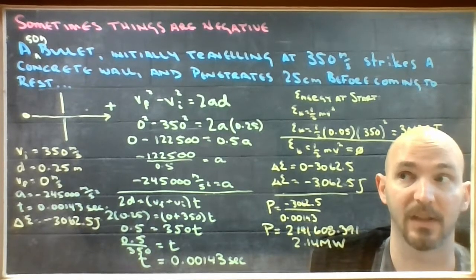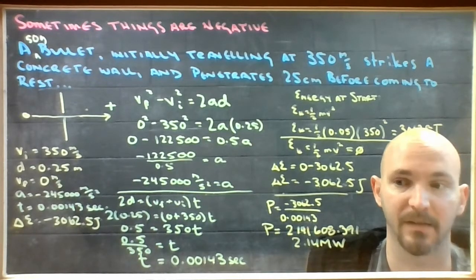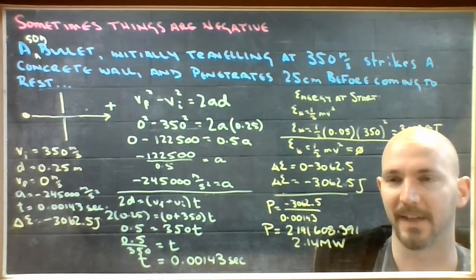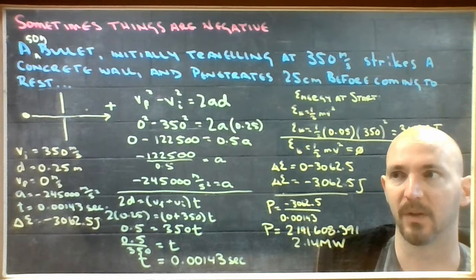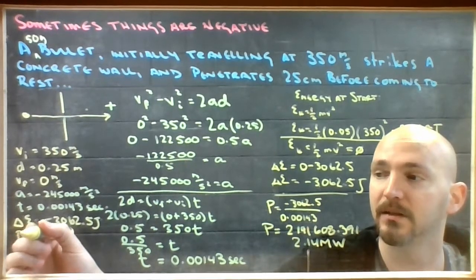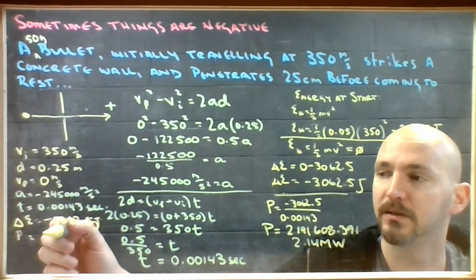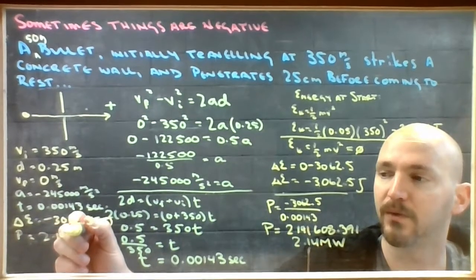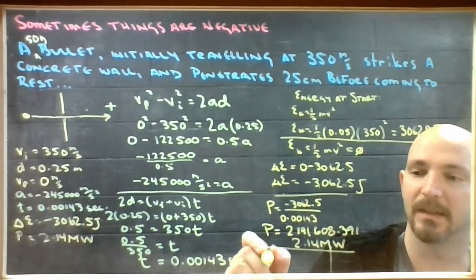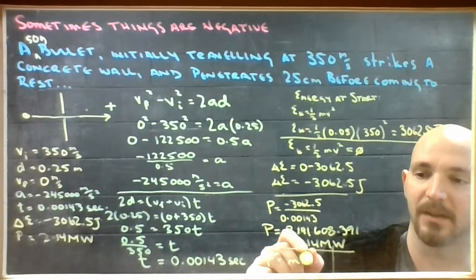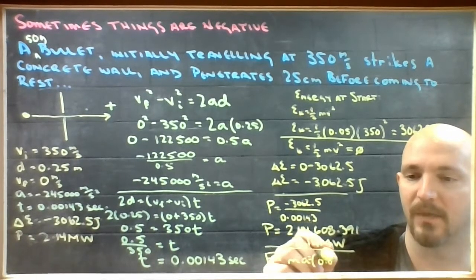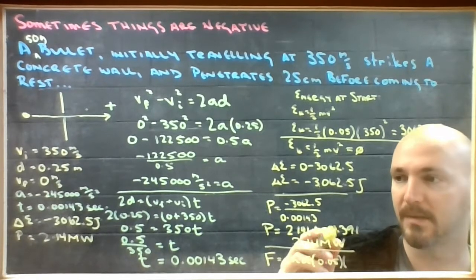So this kind of energy loss is on the order of megawatts, which is crazy, because that's what wind turbines run at as far as electrical output goes. So that's kind of scary. Pop that in here, 2.14 megawatts. And the last thing would be the force, mass times acceleration, which is 0.05 times that really scary